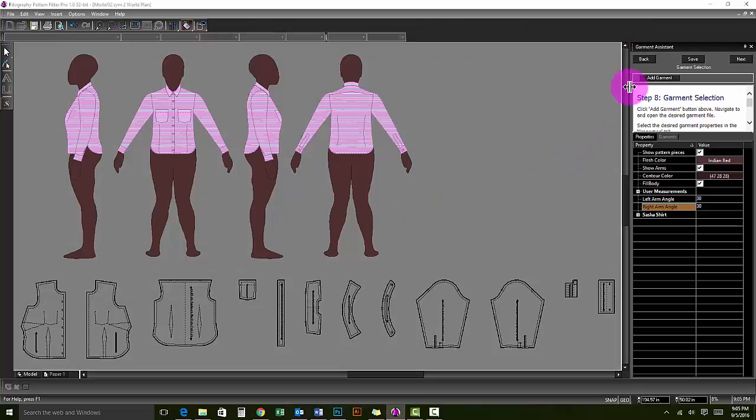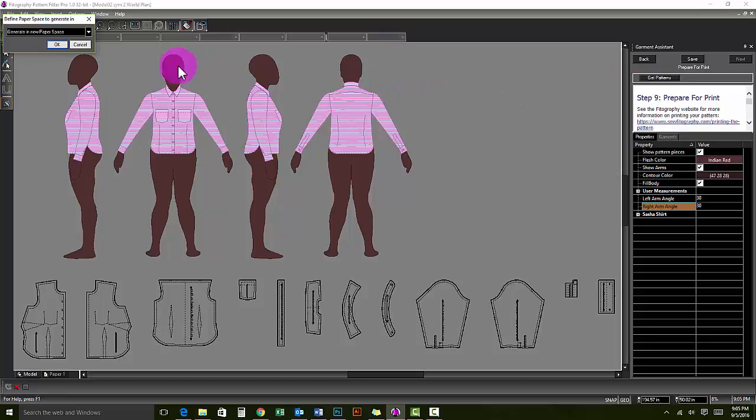We are now ready to send the pattern to the paper for printing. Click Next to go to step 9. Click on Get Patterns, then when the pop-up comes up on the far left, click on OK to set up